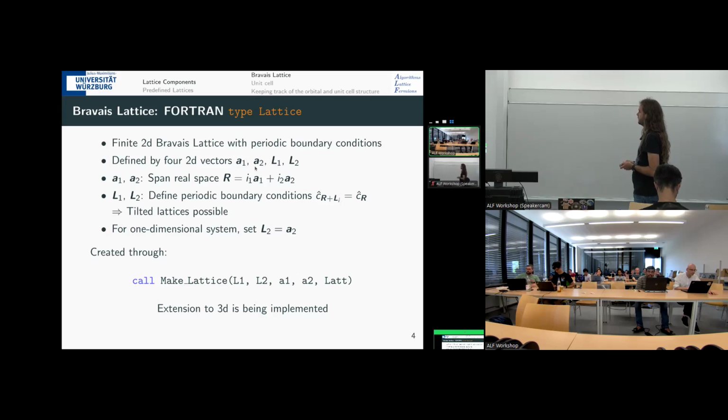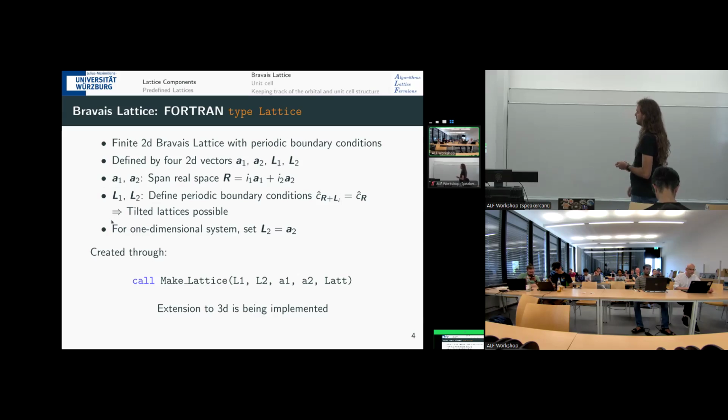And it is defined by four two-dimensional vectors. We have the two primitive vectors, which you are all familiar with from the Bravais lattice, and then we have two other vectors which define the periodic boundary conditions,